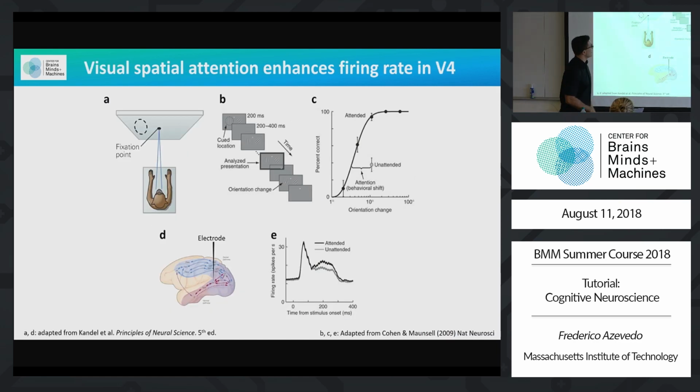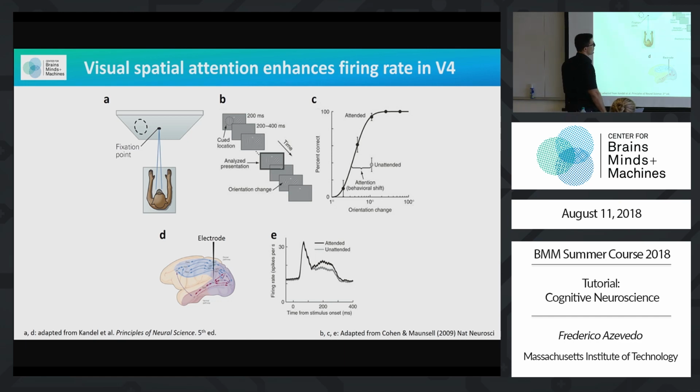And here is a classical experiment that shows the neurocorrelates of spatial attention. Basically, what the authors did was they taught the monkey to fixate centrally, and then they were recording from a receptive field that, for instance, is here. And then the stimuli that they showed was a classic Posner stimuli. Basically, the monkey is looking at this fixation point, and then there are two Gabor patches that are going to flicker,